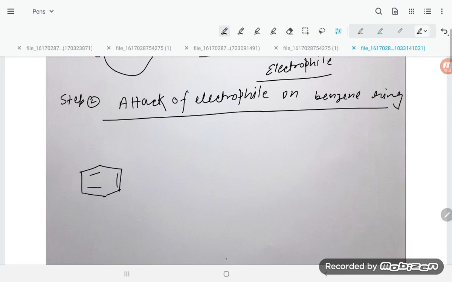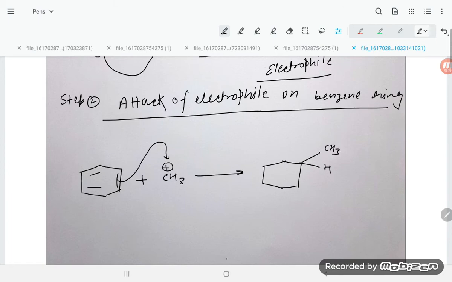Now students, in this benzene ring, what we are going to do, we are going to attack here, so the arrow will be like this, student, because the arrow is showing the movement of electron. So what will happen here, dear students, here you see, this will be forming, here is CH3, student, here is the hydrogen, and this will take the positive charge, student. Why the positive charge? Because here you can see both the electrons are involved and one electron of this carbon, so it is like that.